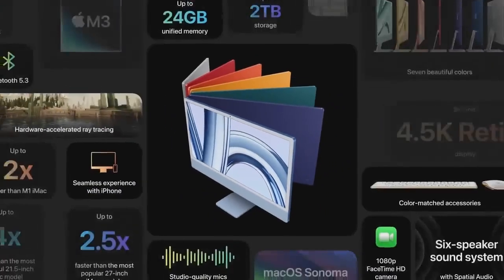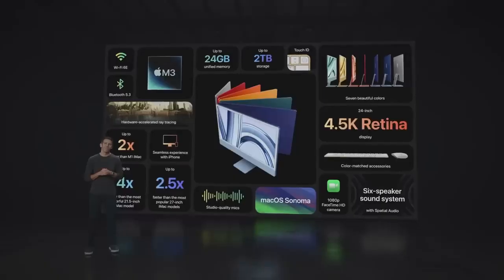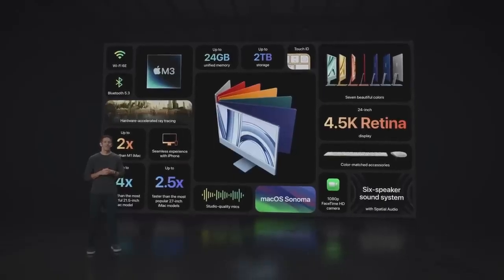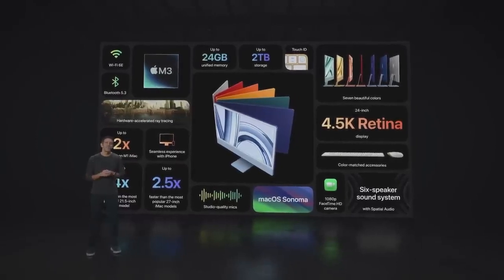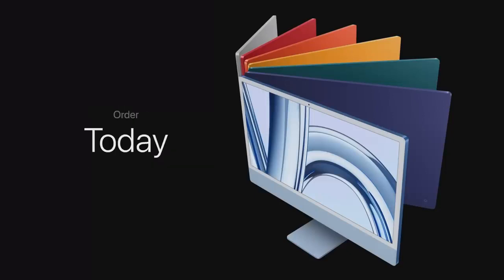So that's the new iMac, with the remarkable performance of M3, featuring an expansive 4.5K Retina display, faster wireless connectivity, a striking design, and a seamless experience with iPhone. It's the world's best all-in-one. And even with all of these incredible and innovative features, iMac still starts at just $1299. You can order it today, and it'll be